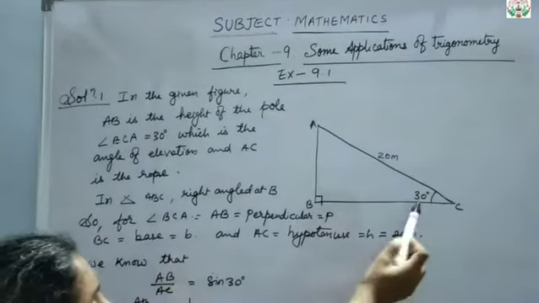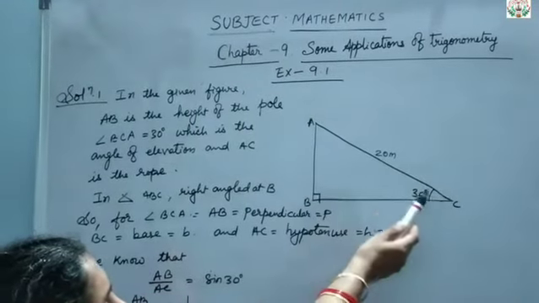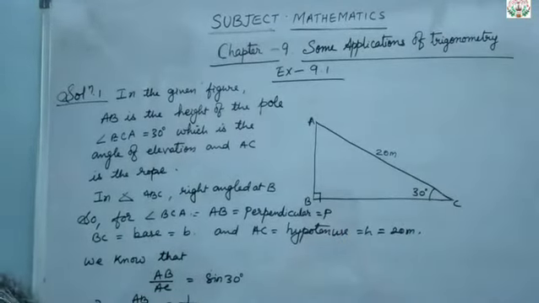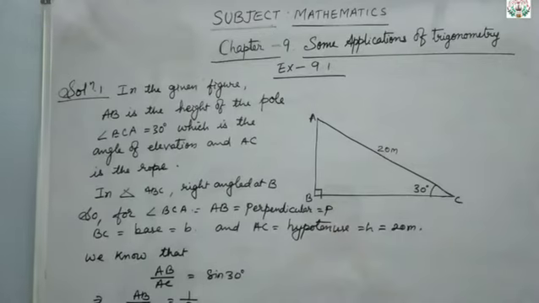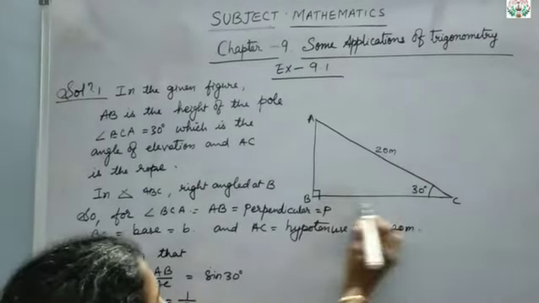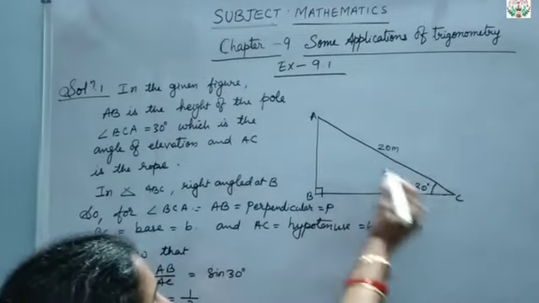The circus artist is trying to climb the pole with the help of this rope. Find the height of the pole if the angle made by the rope with the ground level, this is the ground level,